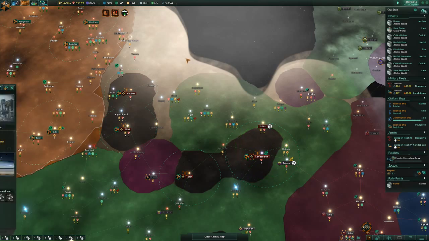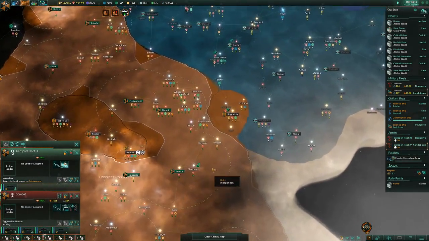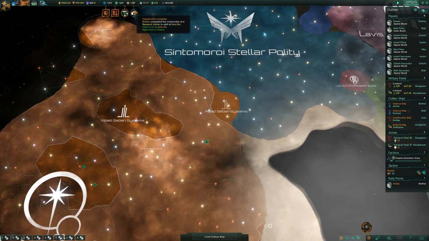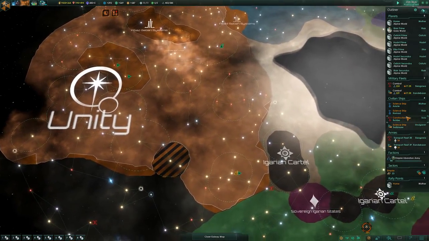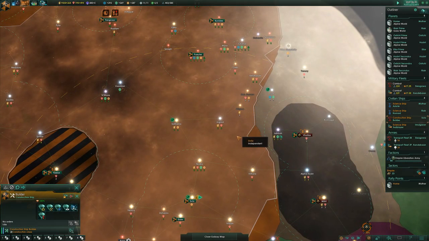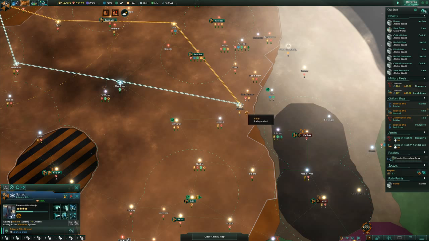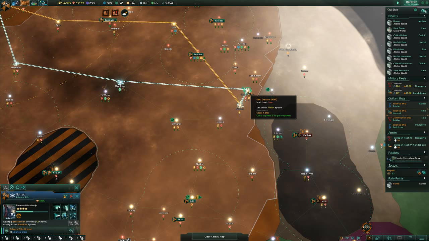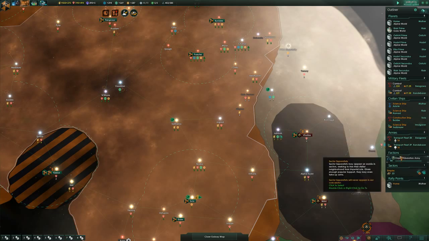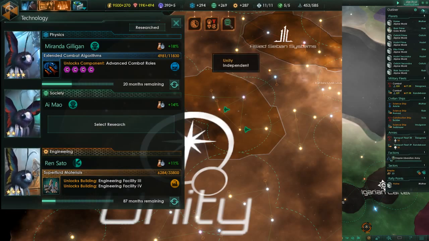And there we go. So now the Igarian cartel is completely out of this war. And I can head up north, rally my fleets. My construction ship, I think, is not really done per se, but that's weird. The systems are showing yellow, but when I tried to tell them to move there, it didn't give me the option of